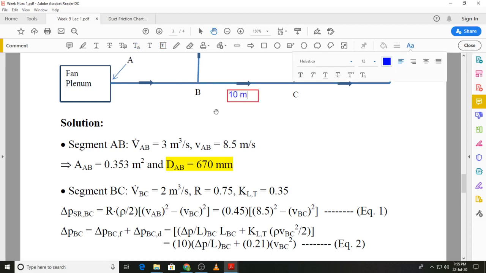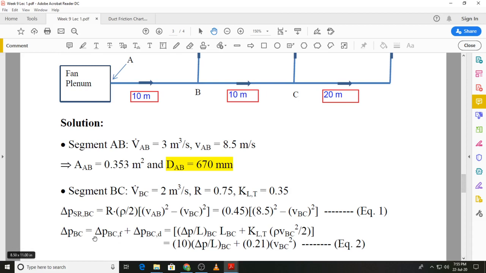This is 10 meters, and the other one will be 20 meters, and this one over here is also 10 meters. So those are given to us in the problem, and as we had done earlier, the frictional pressure drop is the product of the pressure gradient, pressure drop per